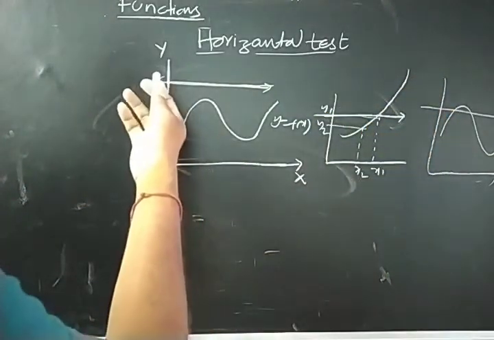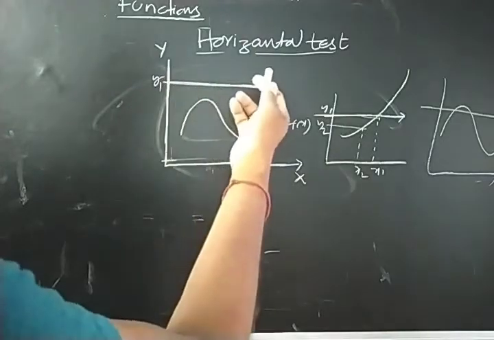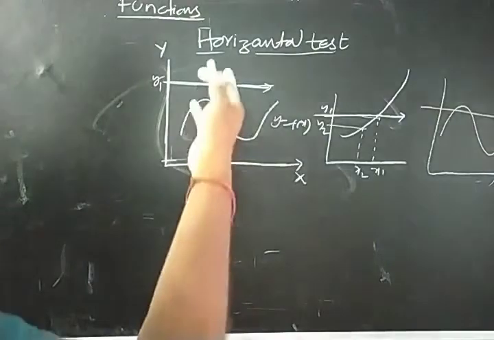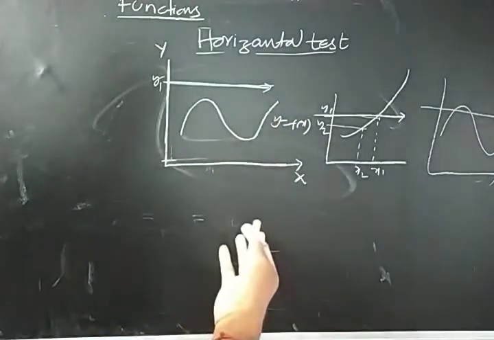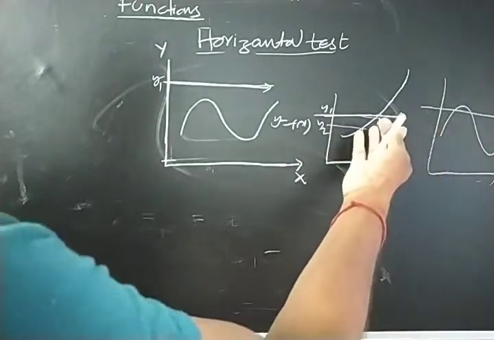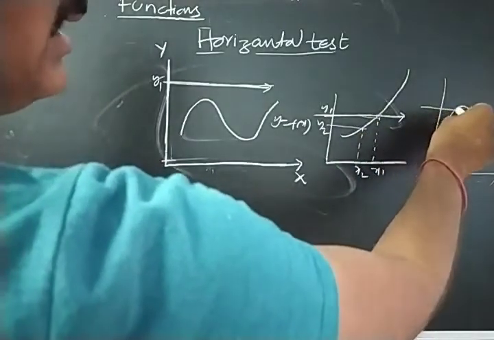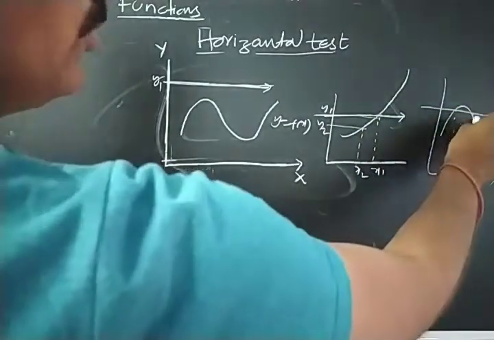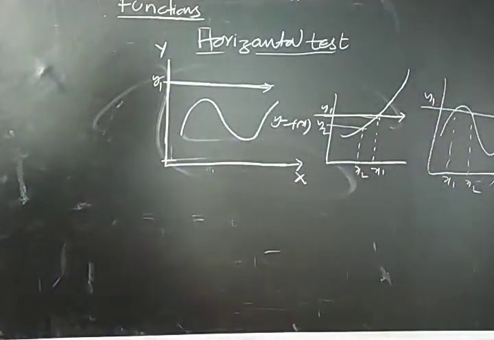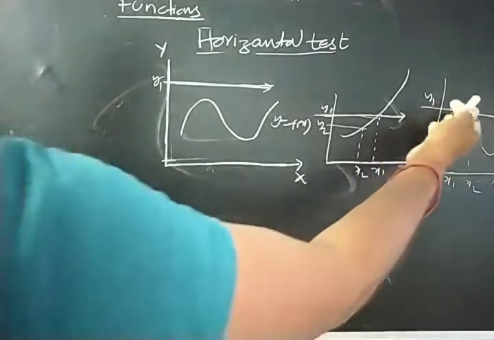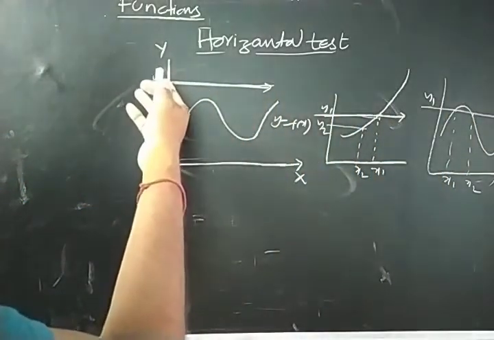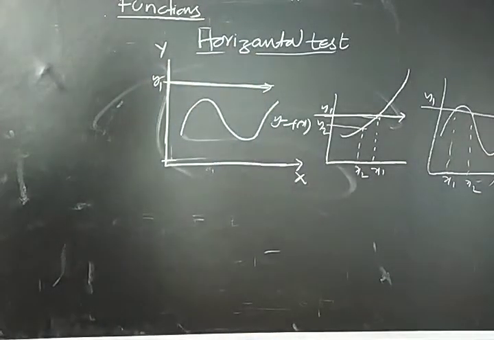But here, for this one element of the codomain, we don't have any pre-image. Why? Because it is not intersecting the curve. So if it is not intersecting the curve, it is not onto. When the horizontal line intersects the curve, then it is onto. Here also, for the horizontal line, how many pre-images are we getting? 2, no problem. For a codomain element, you may have more than one pre-image, no problem. So this is onto and this is onto, but this is not onto for this codomain element. So this is the use of the horizontal test.